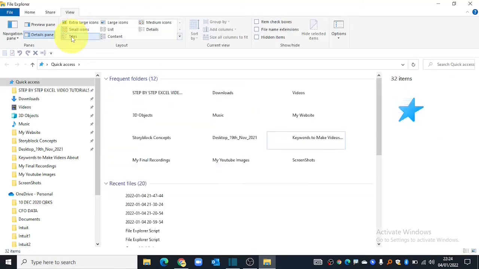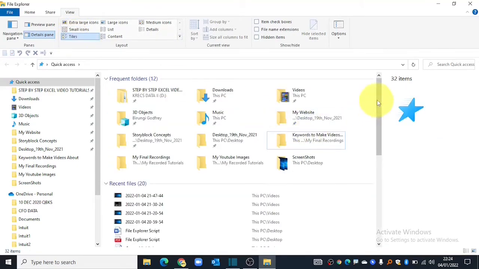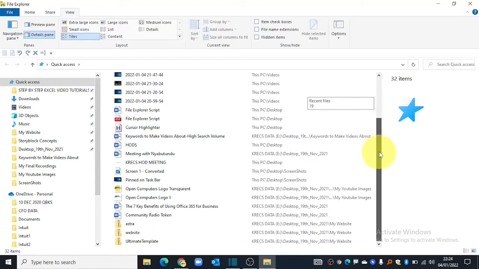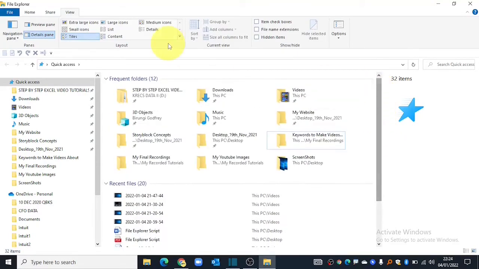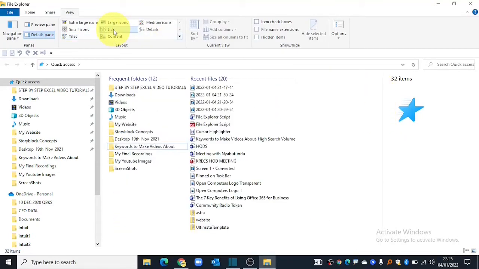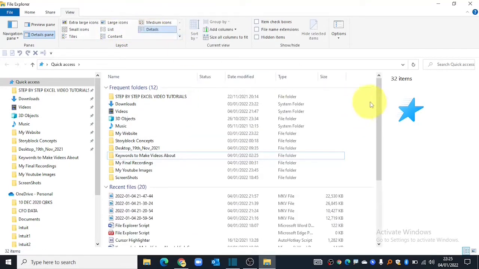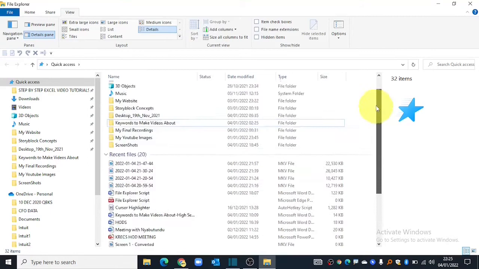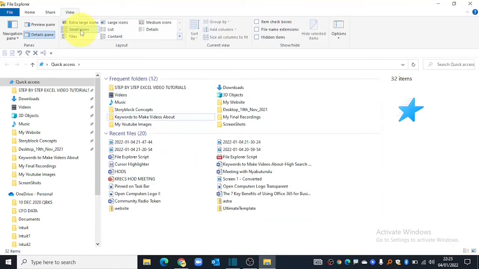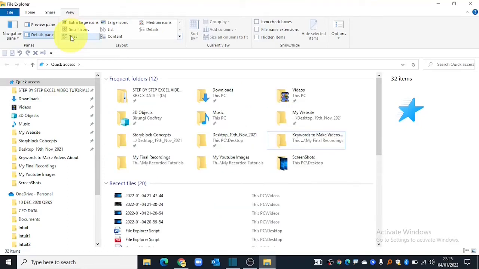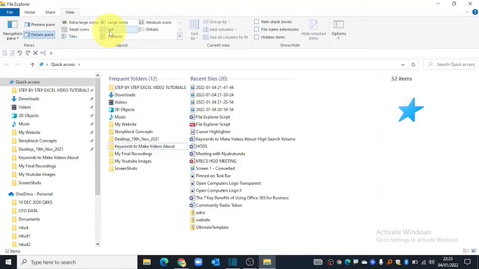You can also test all these other layout options, and whatever fits your preference is what you can turn on, and you can later come back and turn it off. So basically, this is how you can play around with the File Explorer. So definitely you have a lot of customizations that you can do on the way how you want your files